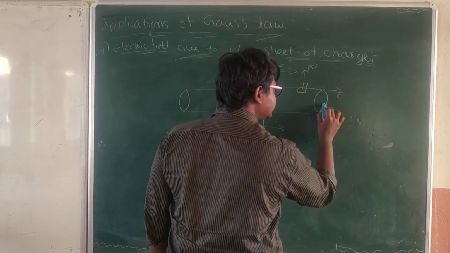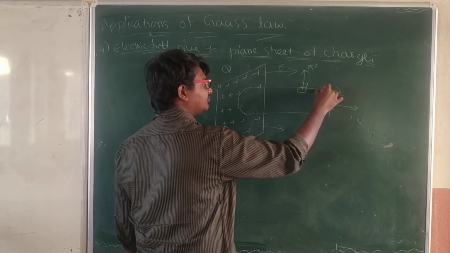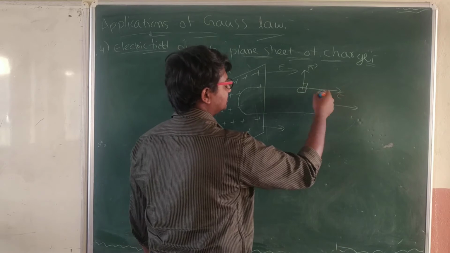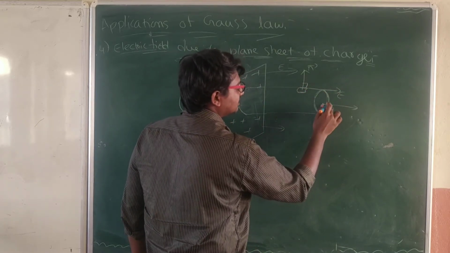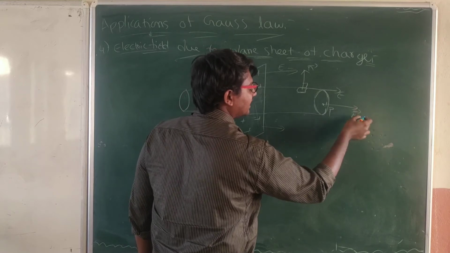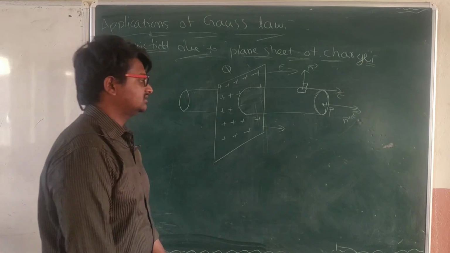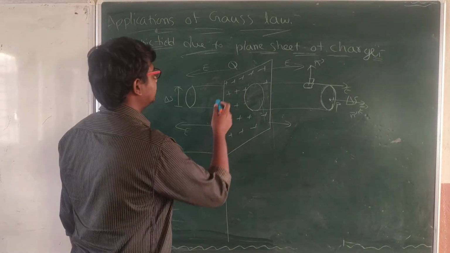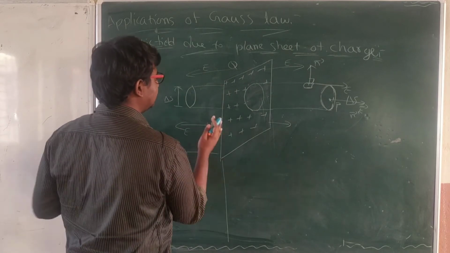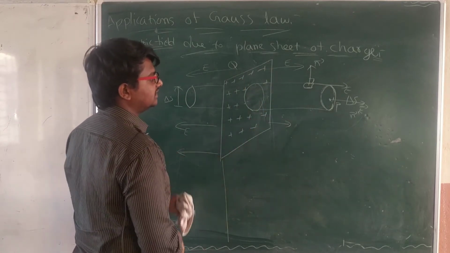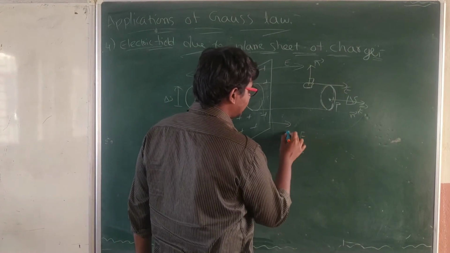In this position, on this one face of the Gaussian surface, or else the Gaussian cylinder, E bar here and N bar also here make an angle of 0 degrees, right? Now let's consider the electric field E in this direction, the left side is there and also the right side is there, fine. Now according to Gauss's law,